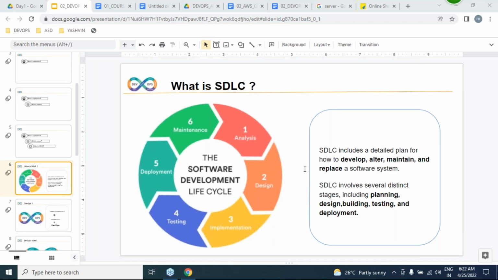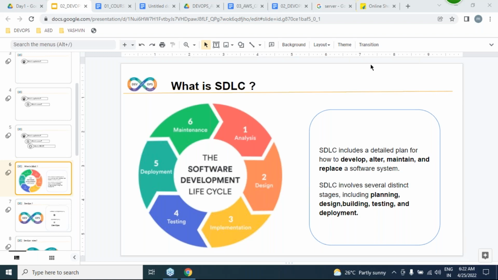I think each and every one should know about SDLC. Okay, Arvind, thanks for replying. Ramesh, Ganesh, Sai, thank you. Ram, very good. Let us discuss this.